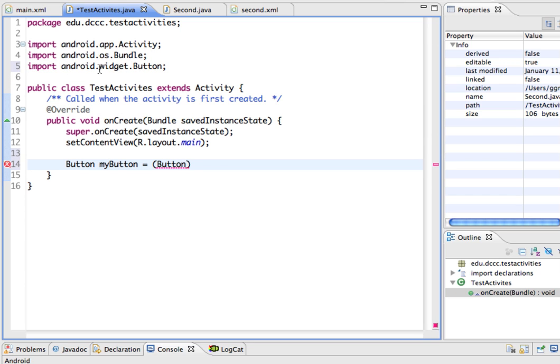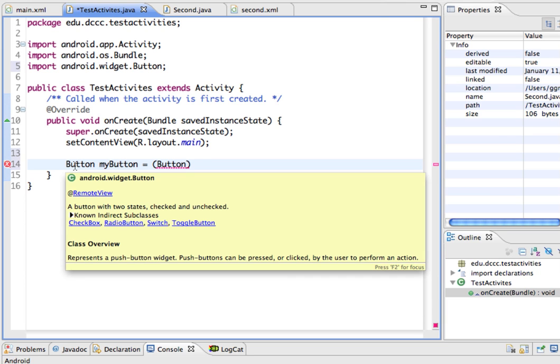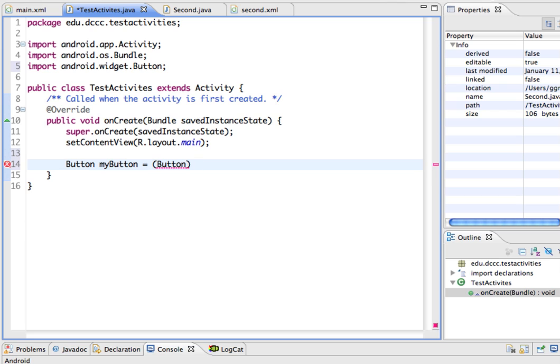Right, in order to work with the button widget, we have to import that information so that all of the things that have to do with the button widget will be available to us in our app. Now we're going to find the button, like we can have several on our screen. So we need to tell it specifically which button we are going to call myButton, and then use the code on it. So I'm going to say findViewById,